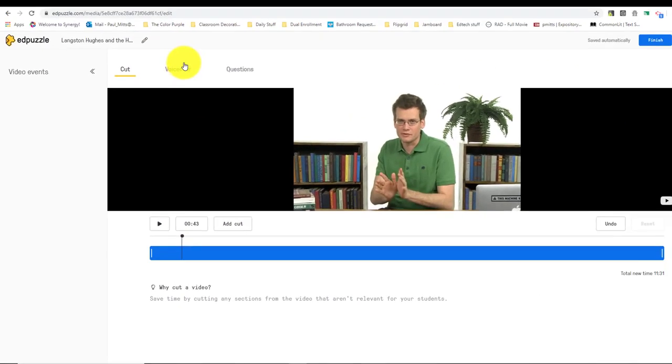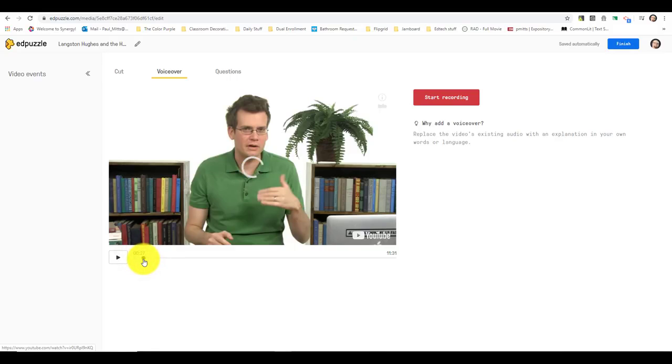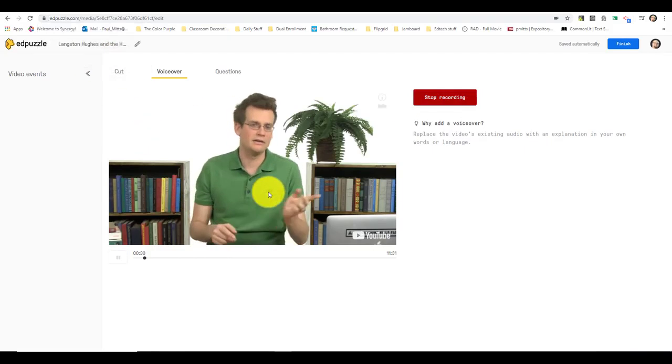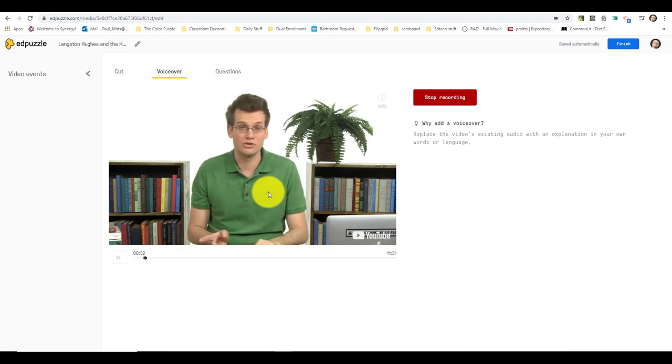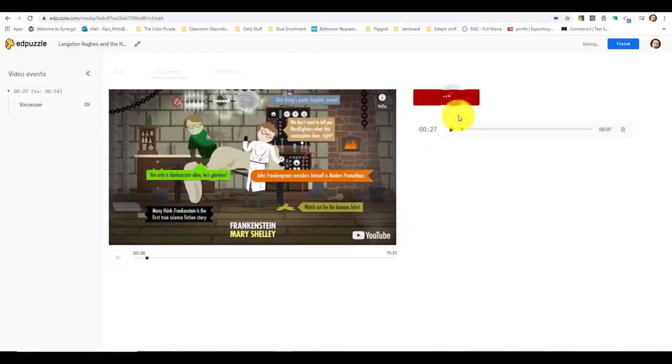Now another thing you can do is a voiceover. So you can place a voiceover somewhere in here if there's a section where you want to explain who this is or what this is, or any part that maybe was omitted but you feel is important. So what you would do is start recording here, and now it's recording my voice as we go along, and you can see the little red line saying that my voice is being recorded. So I stop recording here,